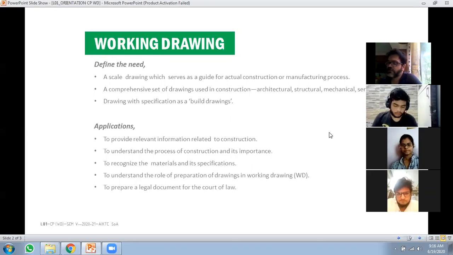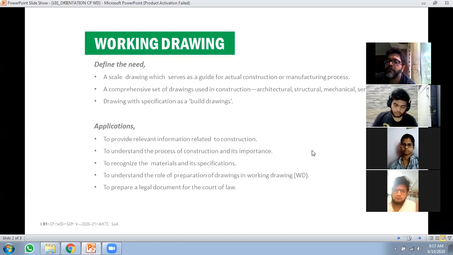It is also a very important thing, it is also a document, a working drawing document, because it is issued on the site. Okay, issued on the actual site, and on which your office stamp and your signature is there. It becomes a legal document, and a legal document which is valid for the court of law.